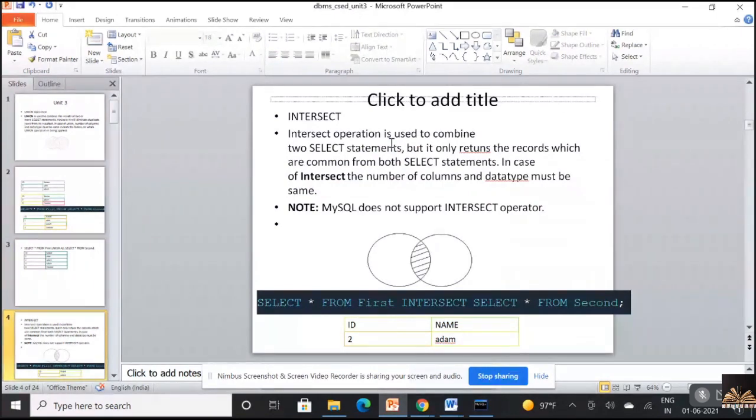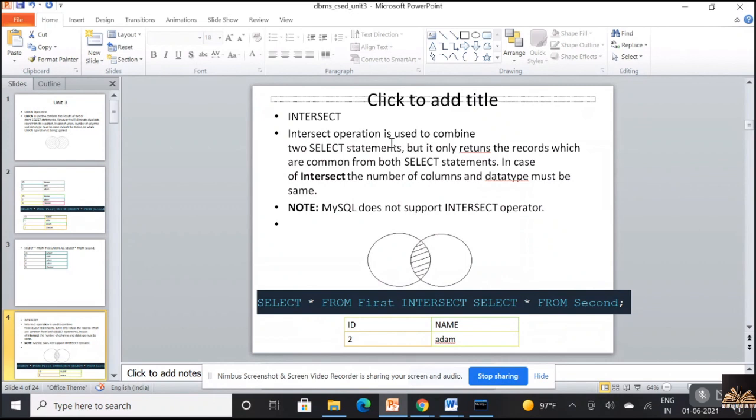The intersect operation is used to combine 2 select statements, but it only returns the records which are common to both the resultant statements, which is nothing but both the select statements used in the intersection operator.